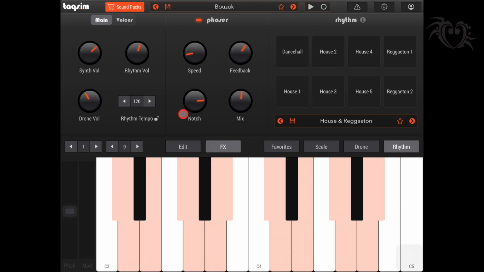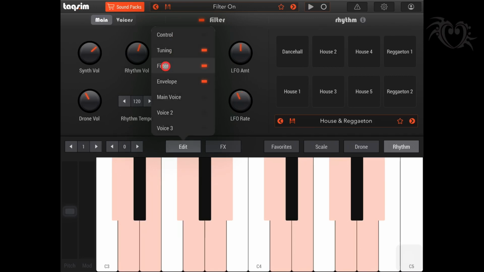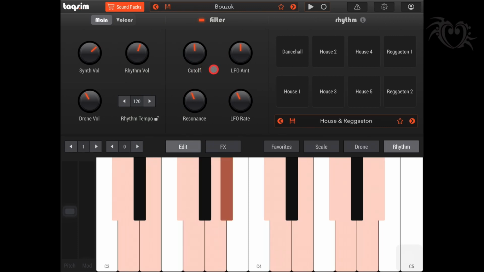And similarly, if we click on edit here, these are the things that we can change to alter the sound of the instrument. So if I go to, say, filter, and